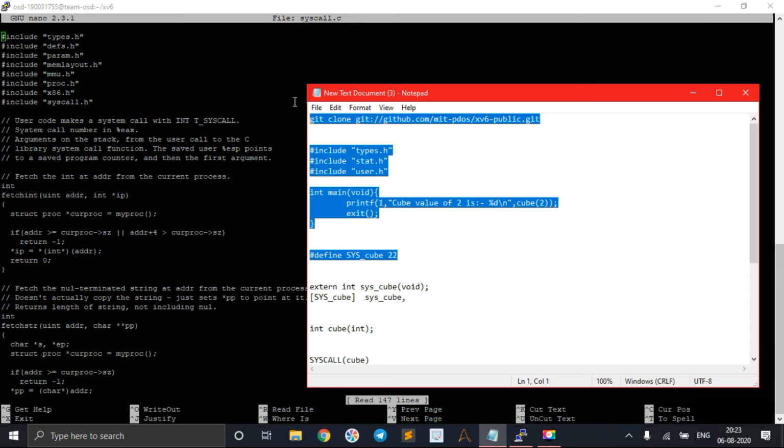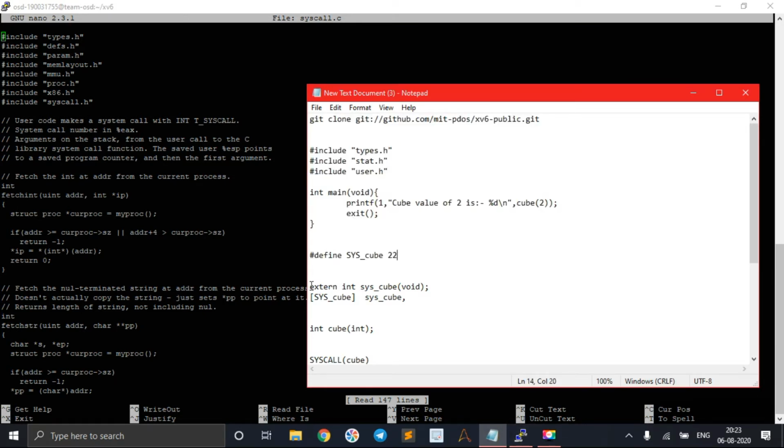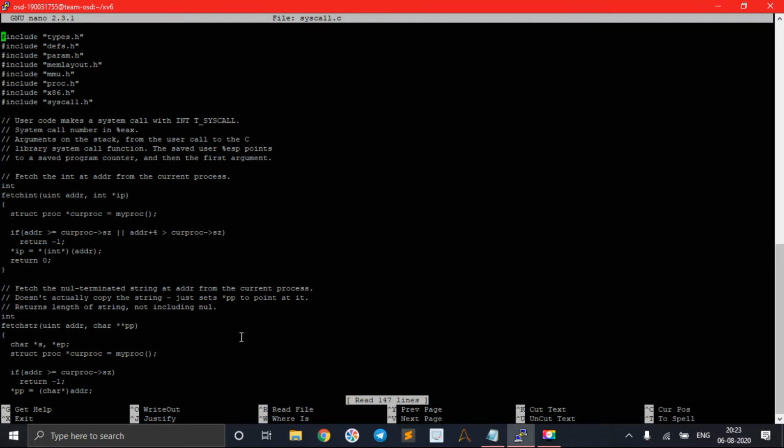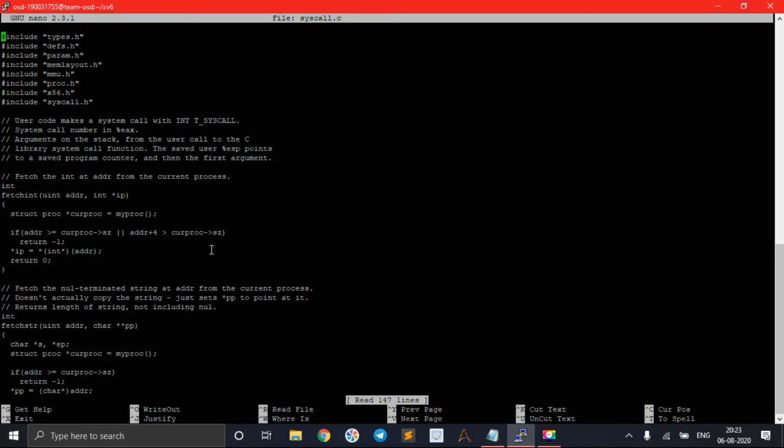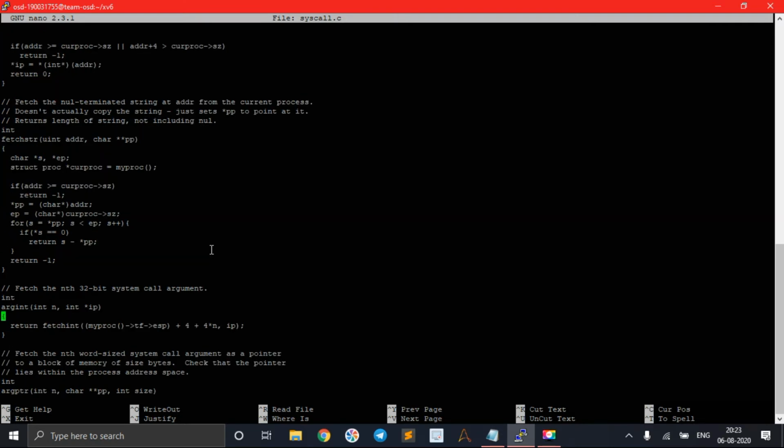So up to now this part is completed. The first line is extern int sys_cube of void. This command must be entered in the external section, and the second one must be entered at a static position. So first we shall go to the external position.